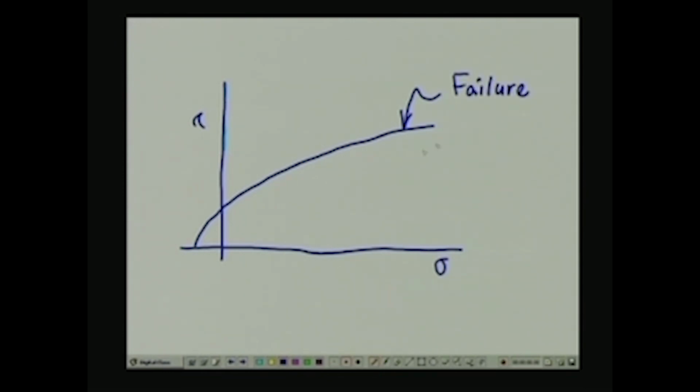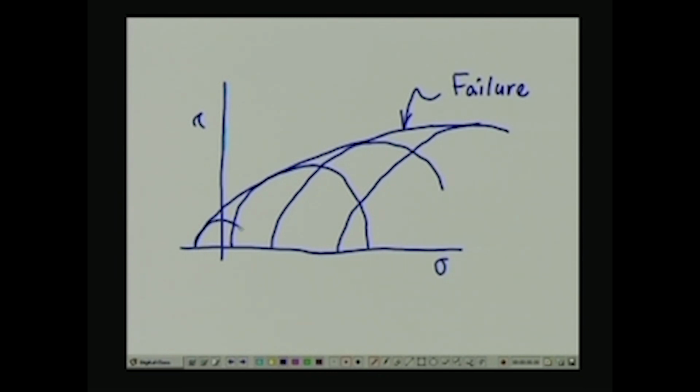You can see that this particular failure envelope is convex upward. So, the Mohr circles for this particular failure envelope were possibly like this, and you might have another Mohr circle on the other side of the axis. So, in this situation,